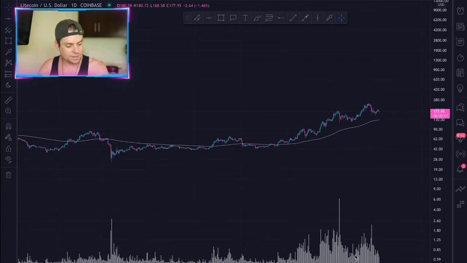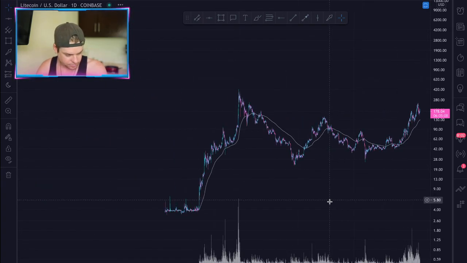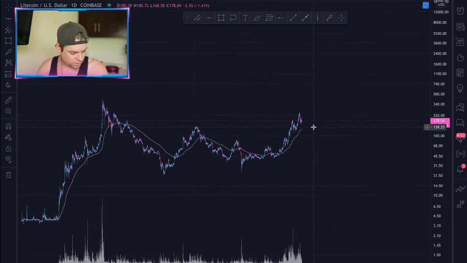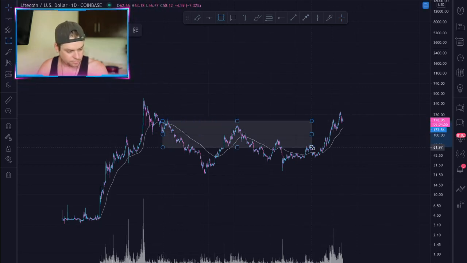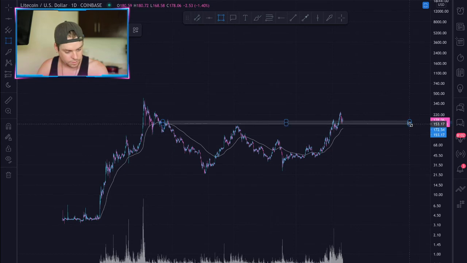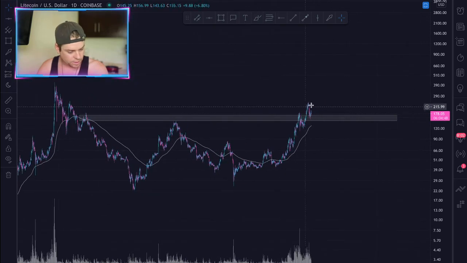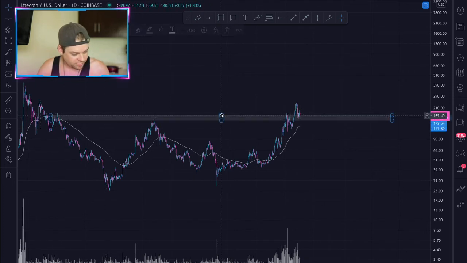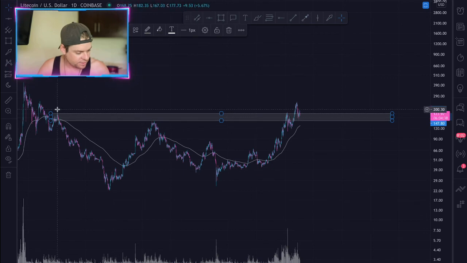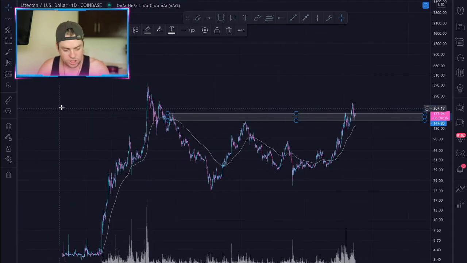Let's see where the SR flips on this one. So we're looking to break. Okay, so we've got a nice SR flip right here that was confirmed. So we're kind of working out this area right here. We need to get a commitment above this level. This is the level back here where we found initial resistance back in 2018. This was one of the bounce levels, and we're just working our way to the top.